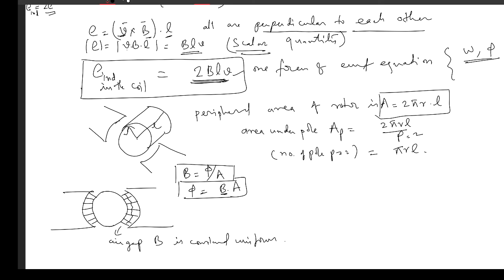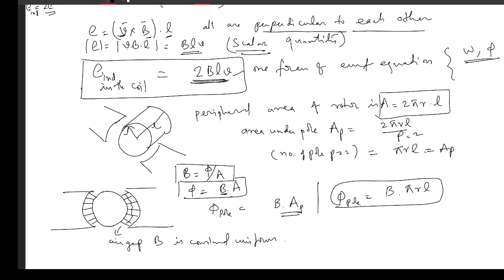So I can say that the flux per pole is equal to the flux density times the area under the pole AP. So phi per pole is equal to B into AP, and AP is pi r L. Substituting this into our equation for the induced EMF,